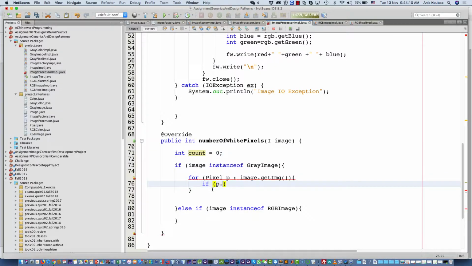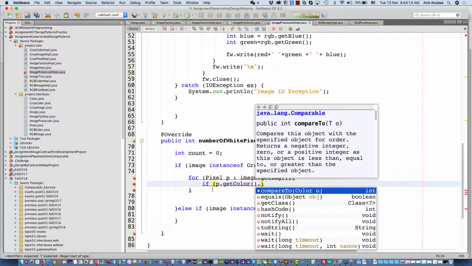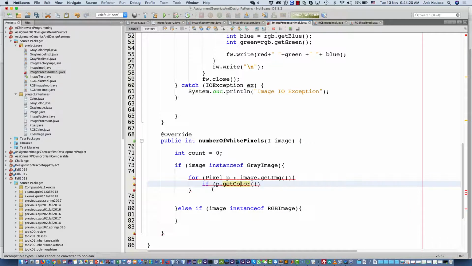If p dot get color dot, you have to cast. So if we cast to gray color here, gray color, dot